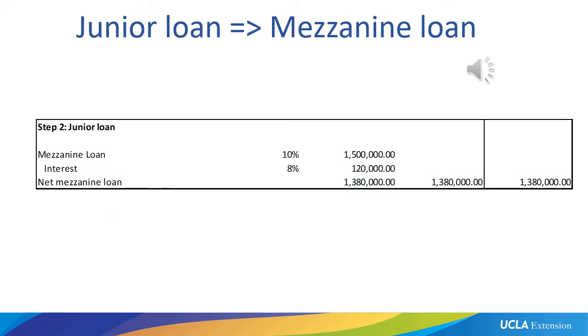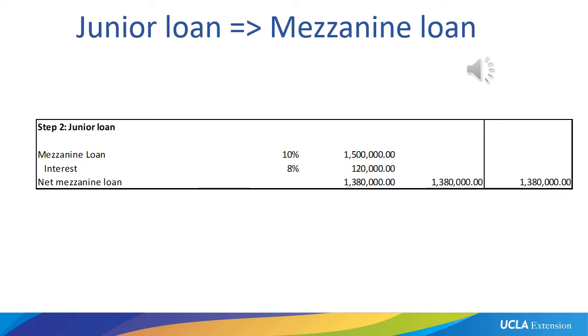Because the bank has discounted our pre-sales and we want to ensure that our equity investor is not at risk, we're adding a mezzanine lender. This mezzanine lender is giving us 10% of the budget, which is 10% of $15 million, is $1.5 million. The interest that the mezzanine lender charges of 8% is being deducted up front, so $120,000 will be deducted, and what we will have available to finance our movie is